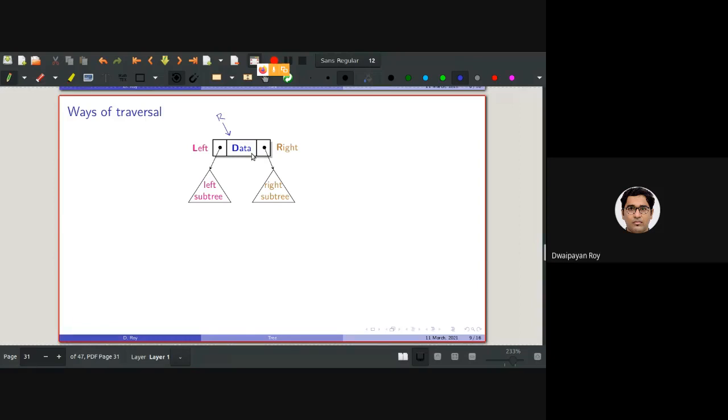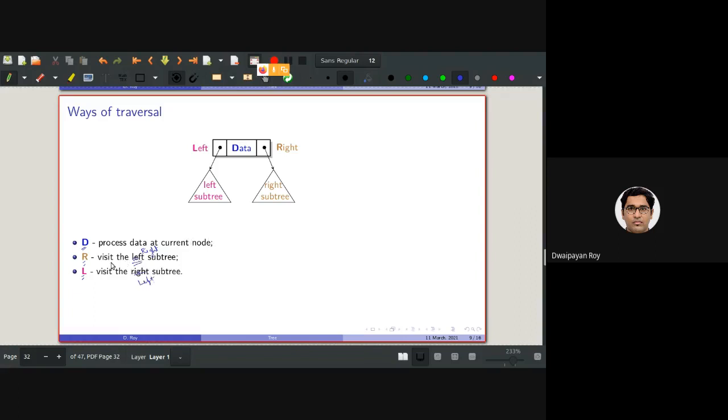All right. So let the letter D denote processing the current node, the letter R the visit of the left subtree, and the letter L the visit of the right. Oh, extremely sorry, I mistyped this. It should be the right subtree for R and the left subtree for L.